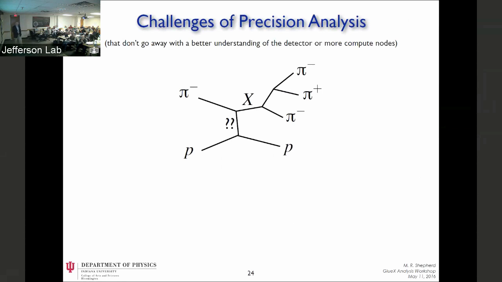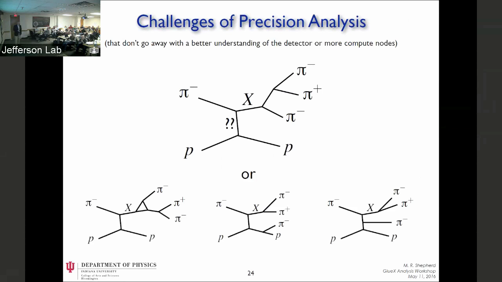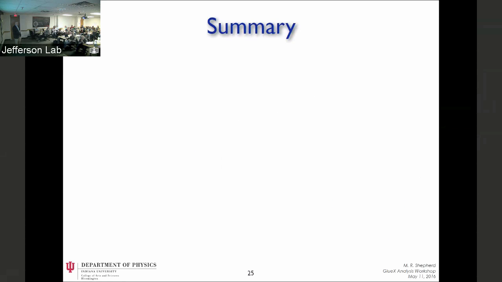It's an intermediate thing. And then even more so, there are things like this that in principle all contribute, that you need to try to understand. And when we get to higher and higher precision, this stuff all becomes important. And I think that's why, from the outset, collaborating very closely with theorists and phenomenologists and developing a unified framework for both describing the data and analyzing the data is so critical to the success of GlueX. This is one of the challenges of precision analyses.